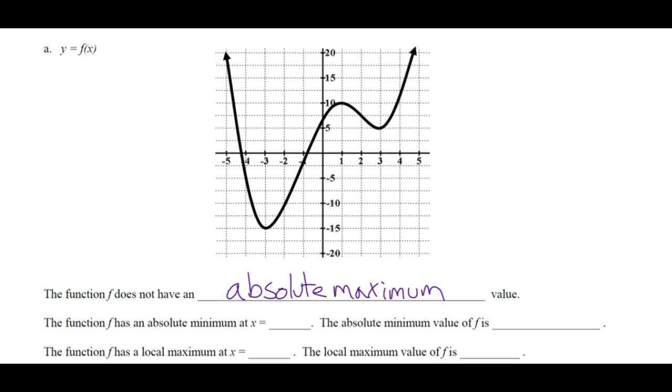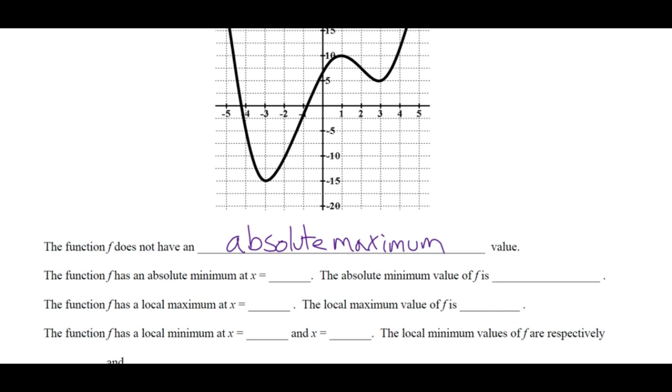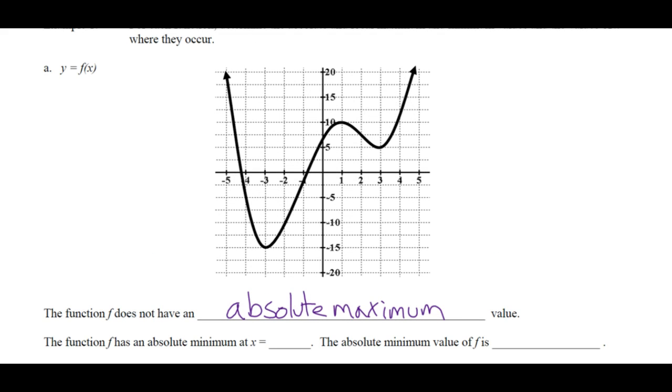So that'll be true of any even degree function opening up. Or the same thing with minimums if it's opening down. If it's an even degree polynomial, then we know that both branches go up or down, and we won't have that. The function has an absolute minimum at x equals